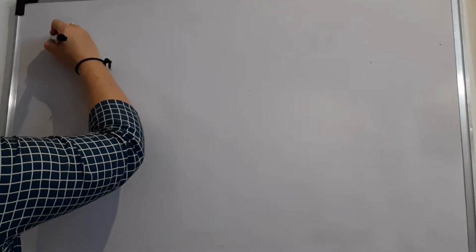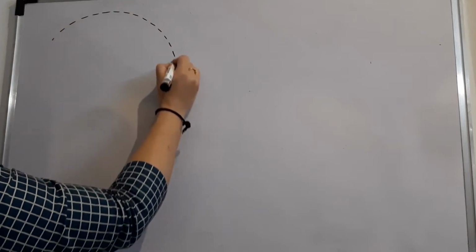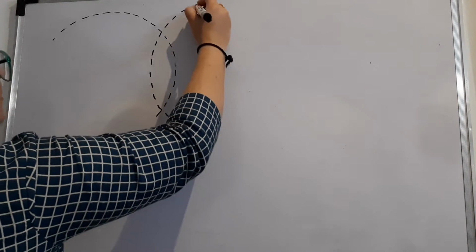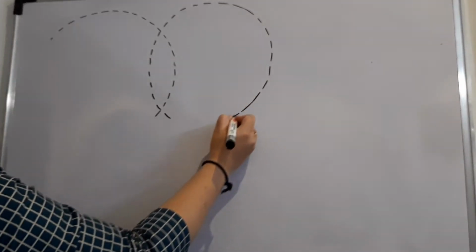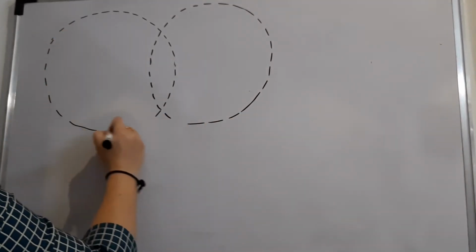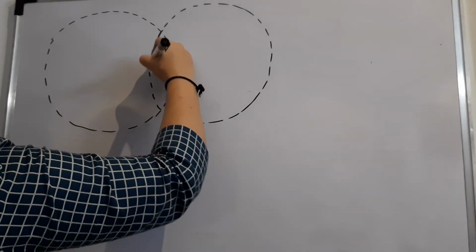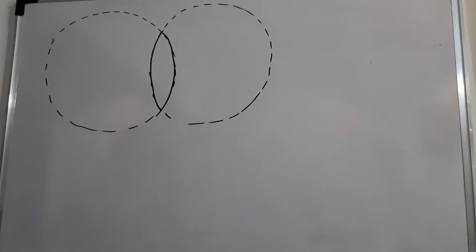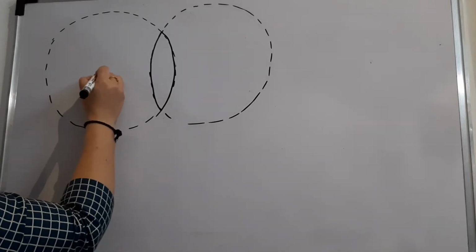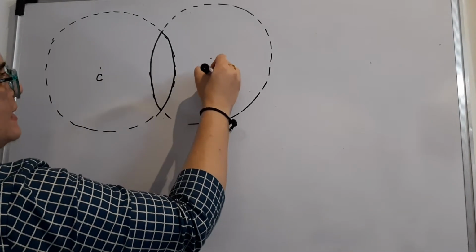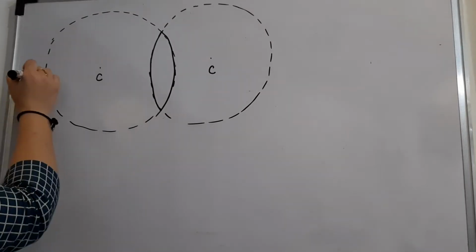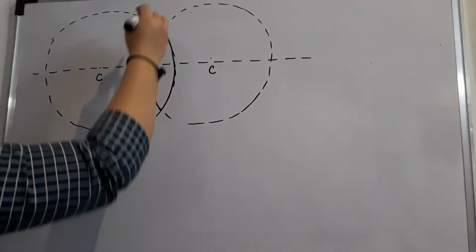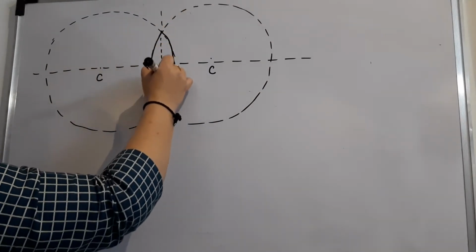First, I am going to draw the diagram. It's going to be like this, because you have to take two spherical surfaces basically, and this is how you are going to get this shape. So here this is a convex lens that you are getting, because we have taken two spheres. Now here there is going to be one center, here there is going to be one center, and we are going to take this line, and here there is one more. I am going to explain everything.